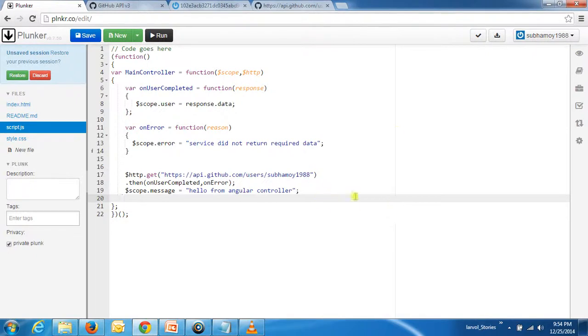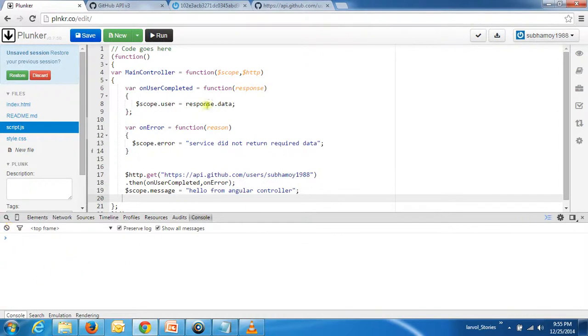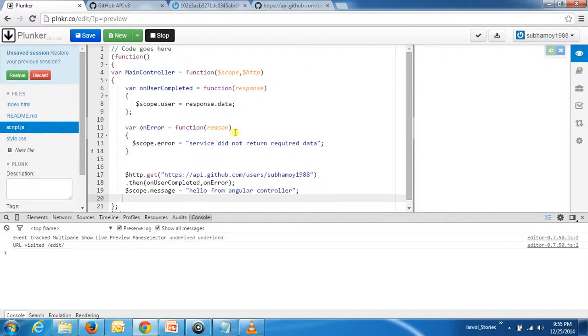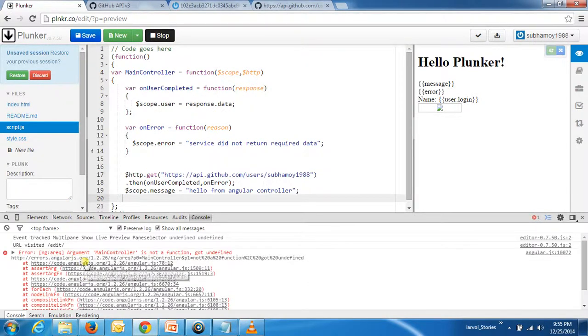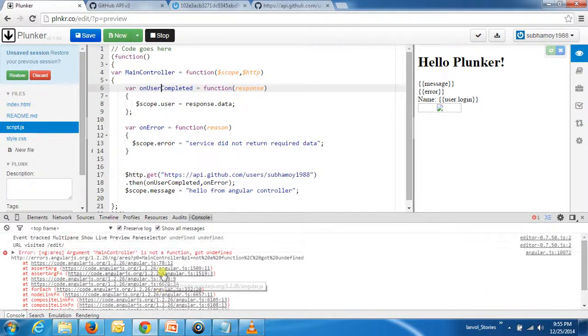So just to explore what will happen now, I'm taking up my console. I'm clearing my console and refreshing my preview, so that we could see what is exactly happening. It gets an error and it says that main controller is not a function and got undefined. It simply means it couldn't find that main controller from the HTML page. That is why it says the main controller is not a function, but it is indeed a function. This stuff is not working. So what we can do alternatively,